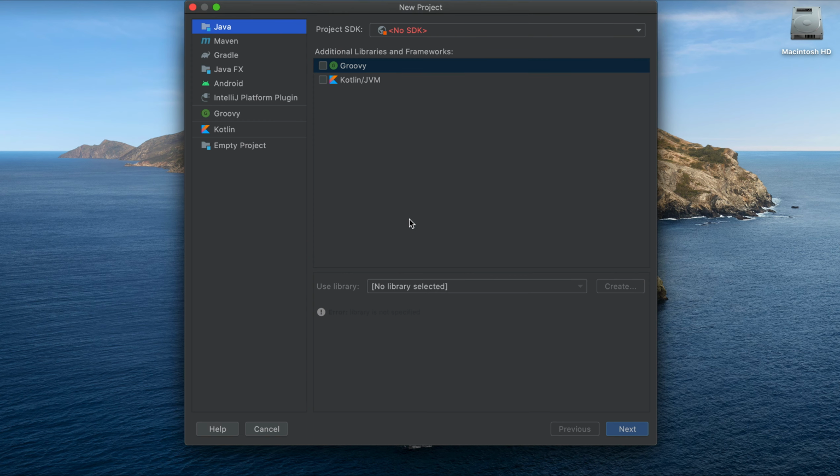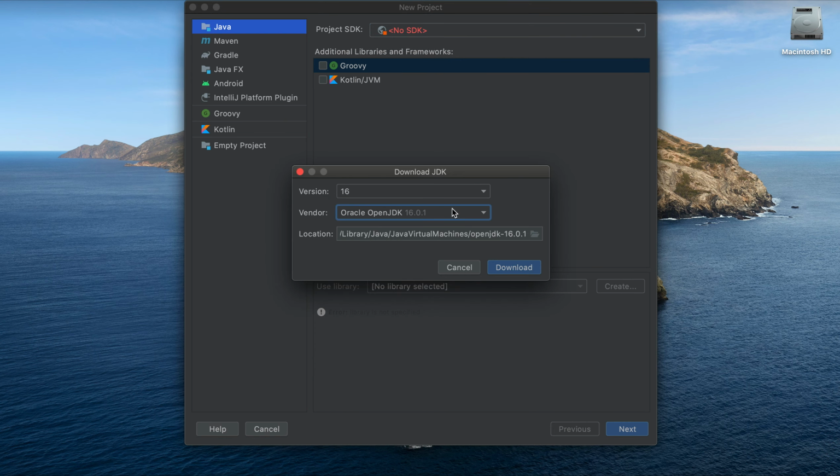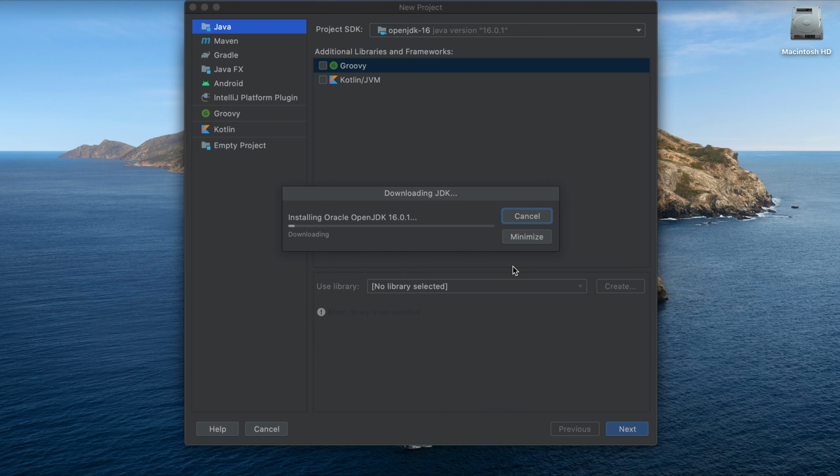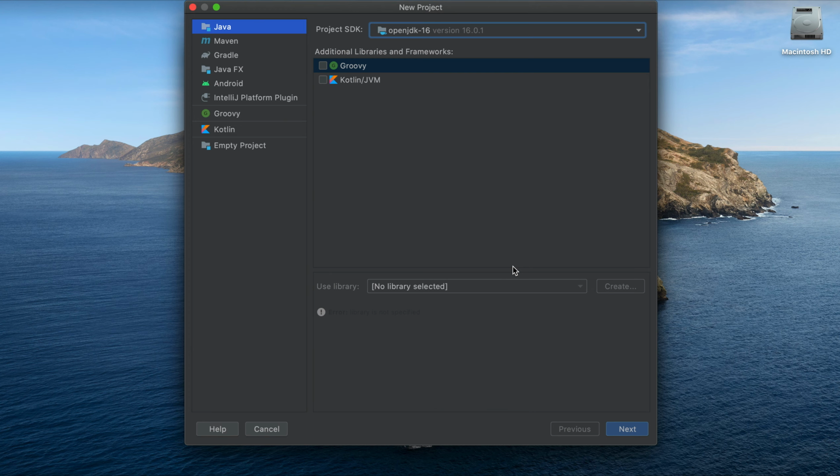It comes up from there, and because I don't have Java on my screen here, we need to download a Java and wait for it to do that. So if you don't have the JDK already on your machine, you can download it just like what I've done, and then you click next,